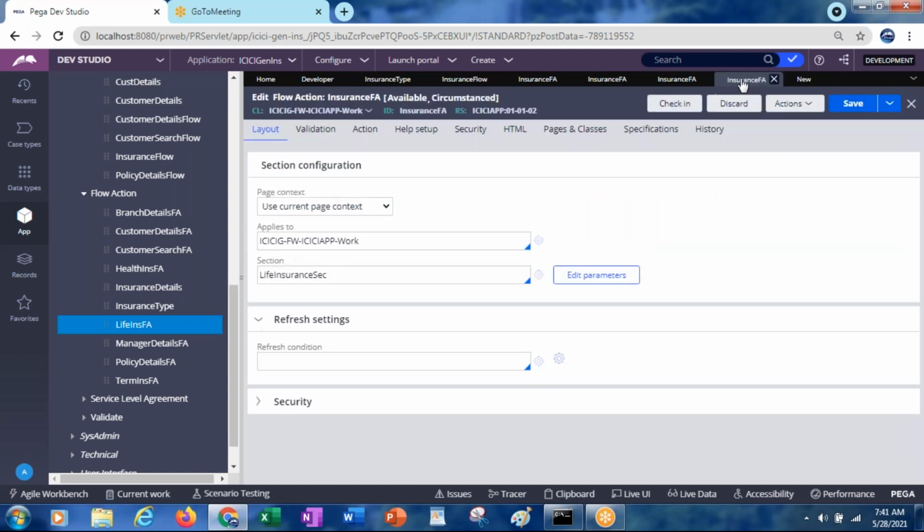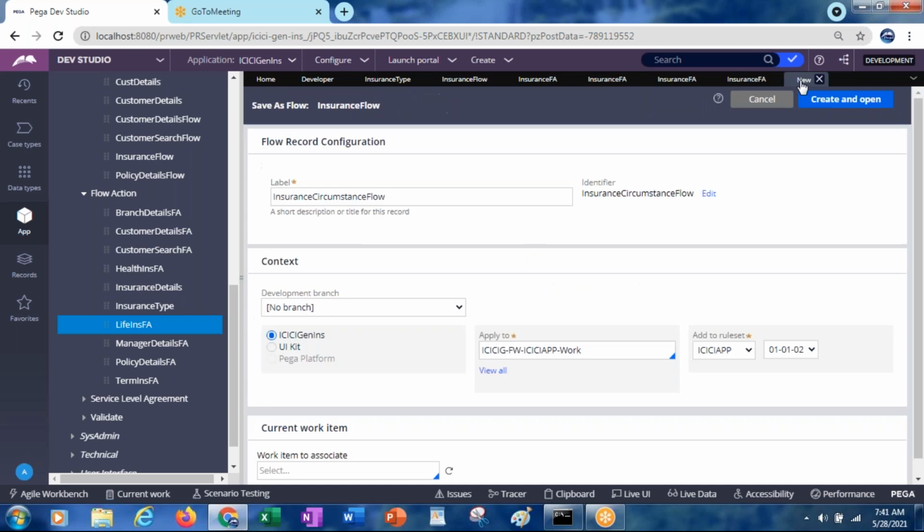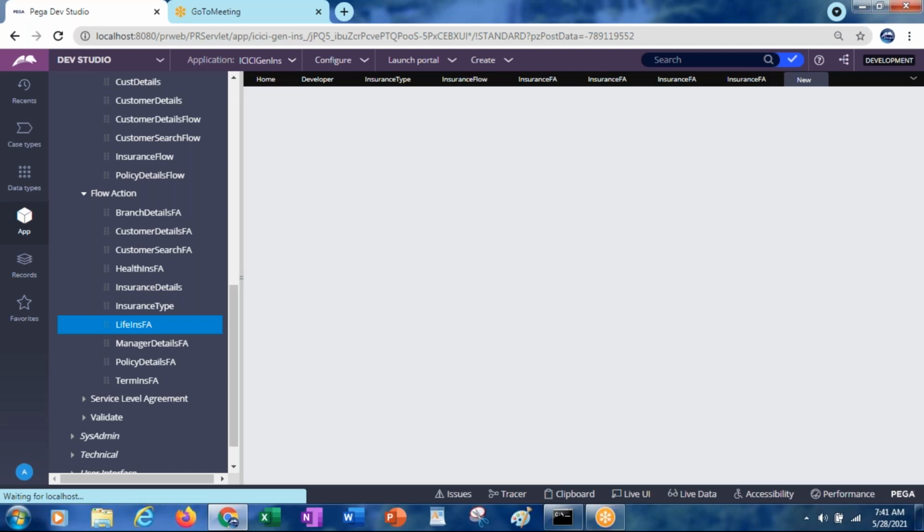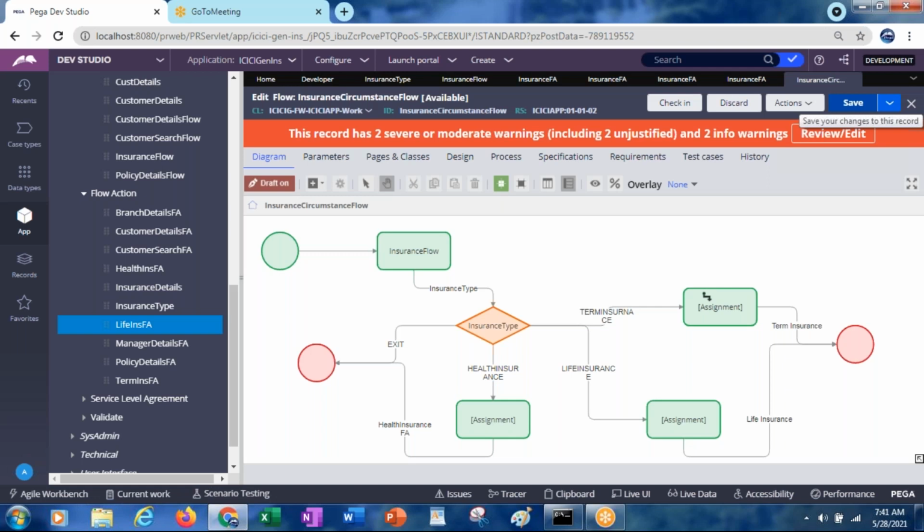So all we created in which version? 01002. This is also 01002. So let's create this flow also under 01002.